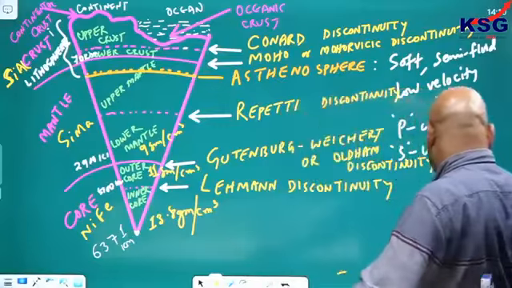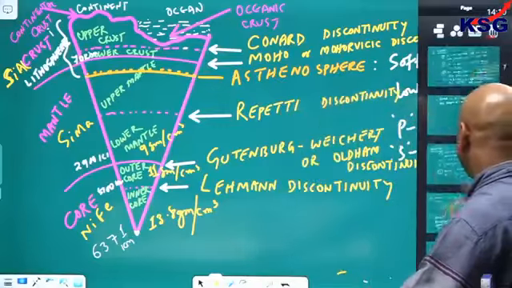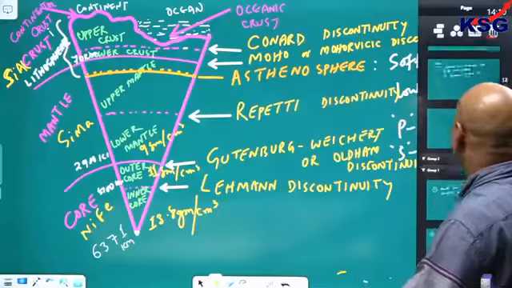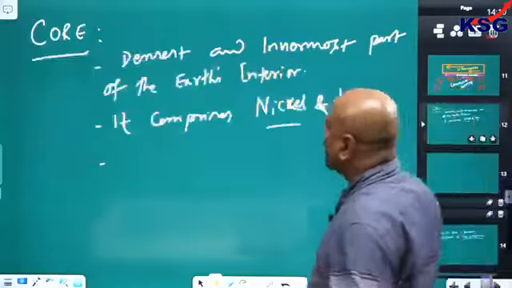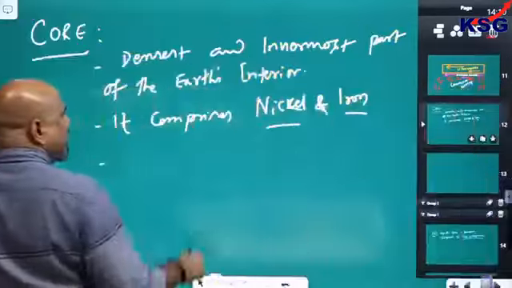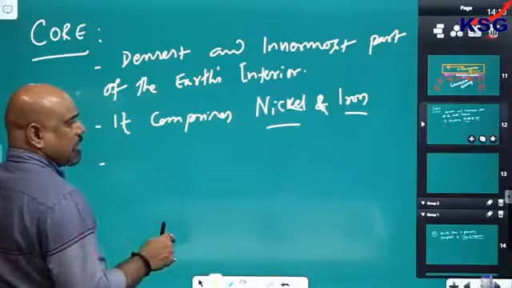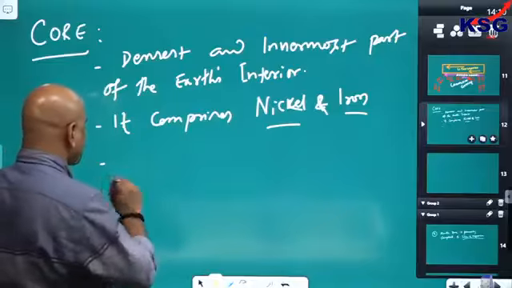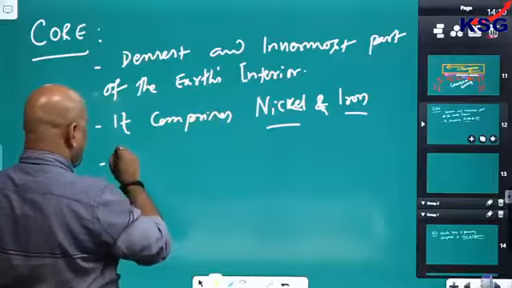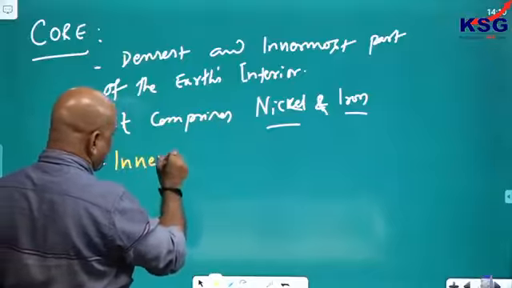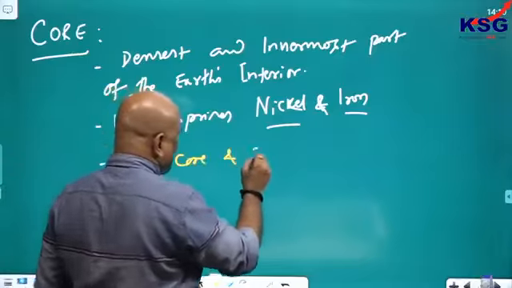Core, let us see now. Let us move on to the core. Again I will go for the core part. This is the densest. It comprises nickel and ferrous, I told you. There are two parts of the core: inner core and outer core,